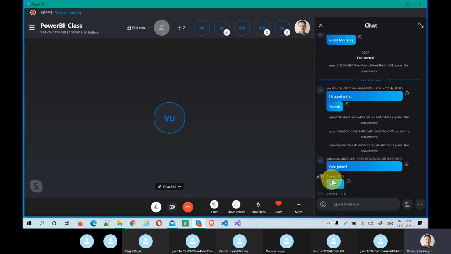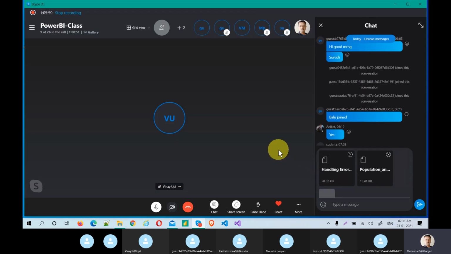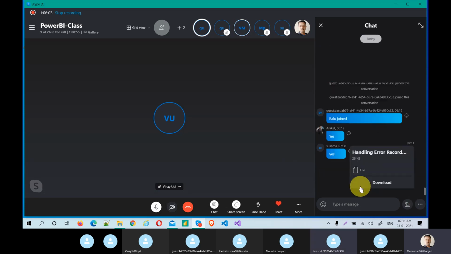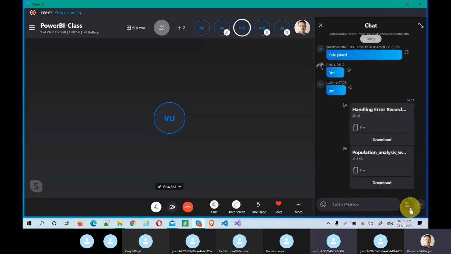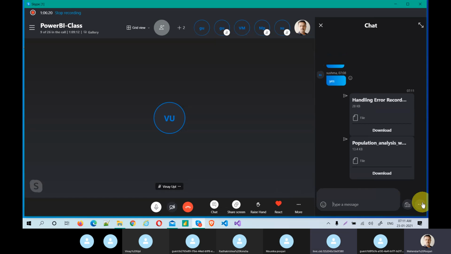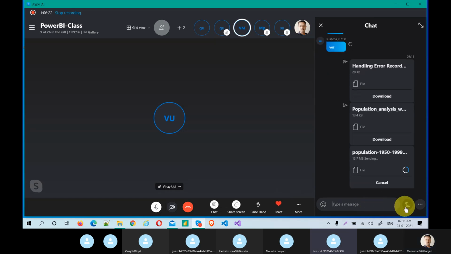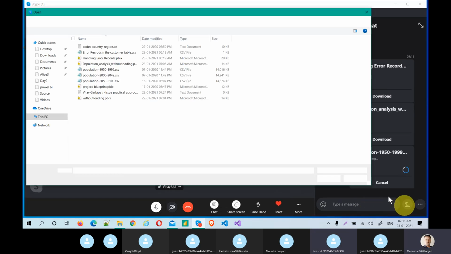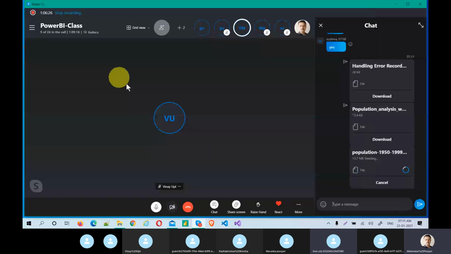These are the 2 PBIX files we created today, and I'm just saying send, so that they will be available for you to download, and also the source files. These are the key things. And yes, it's huge data. Let me upload one by one, otherwise. 1950 to 1999. 2000 to 2014.